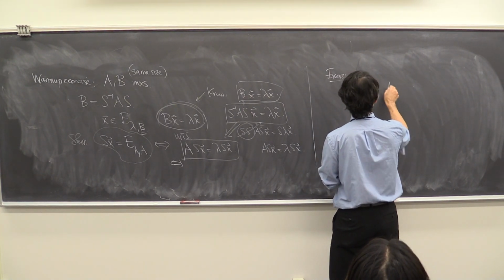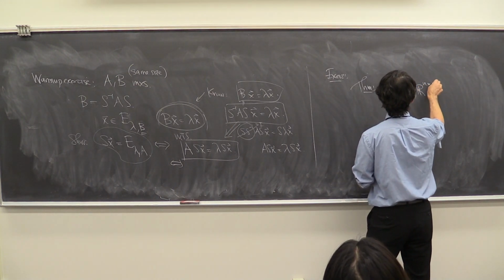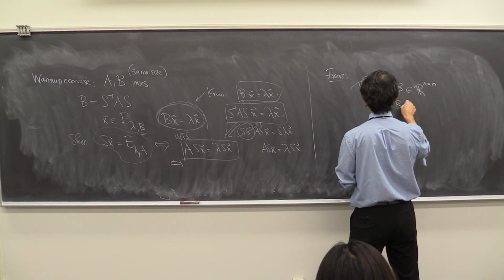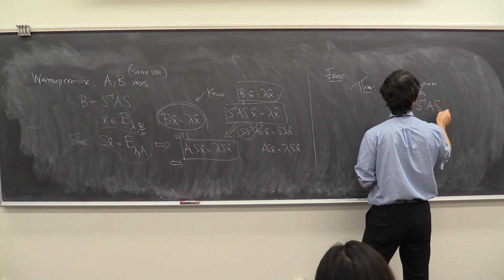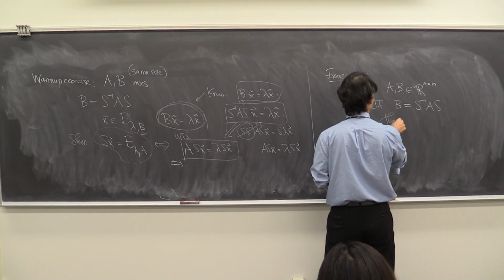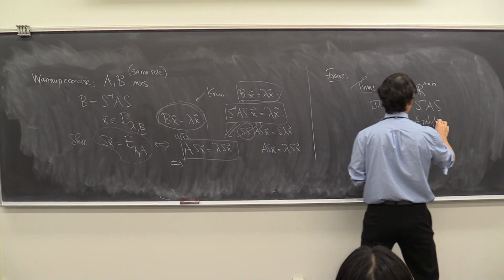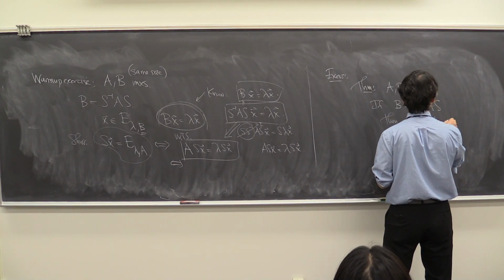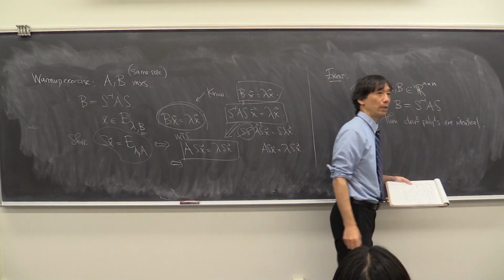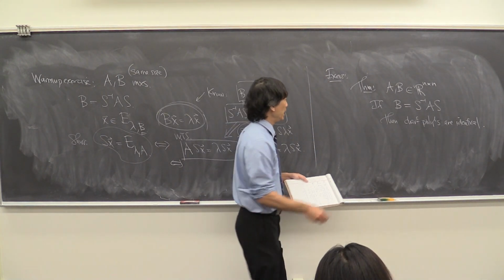Theorem. If you have two square matrices, A and B, and suppose again that B equals S inverse AS. Then the characteristic polynomials are the same. The characteristic polynomials are identical. Okay, and the proof is